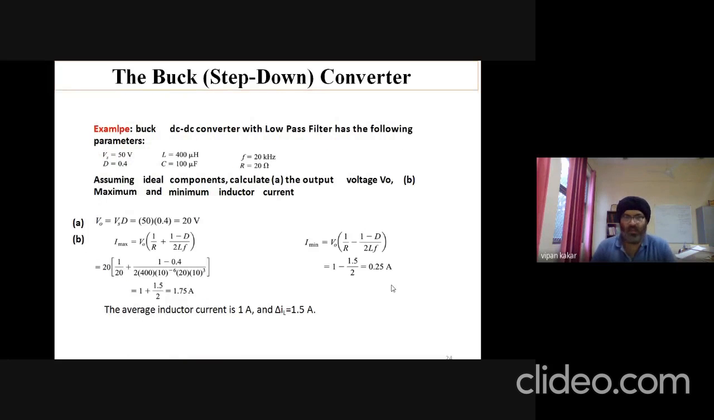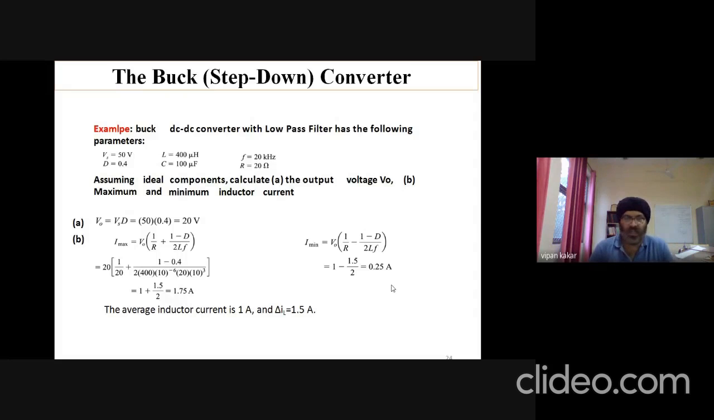Another example. We have a buck, again, because we are talking about buck converter. In this case, we have a converter with low pass filter with these parameters: supply voltage of 50 volts, duty cycle of 40%, inductance value of 400 microhenry, capacitance of 100 microfarad, and switching frequency, that is how fast this switch turns on and off, of 20 kilohertz,